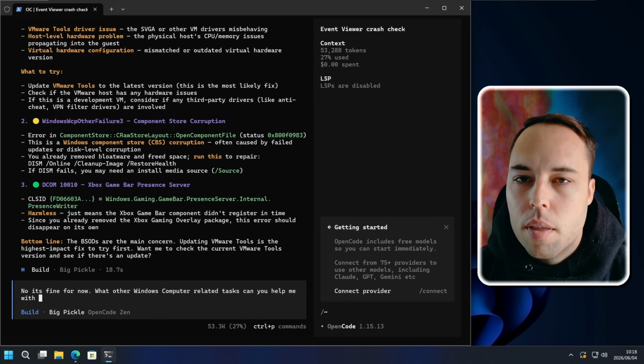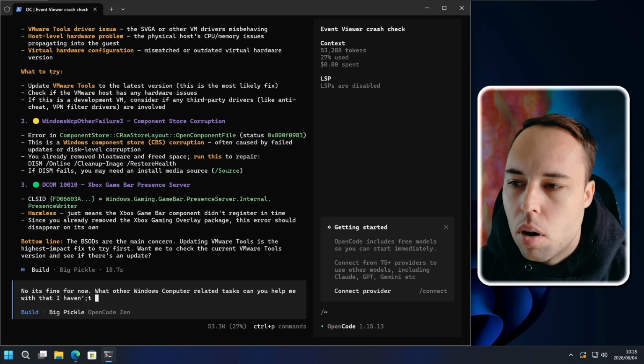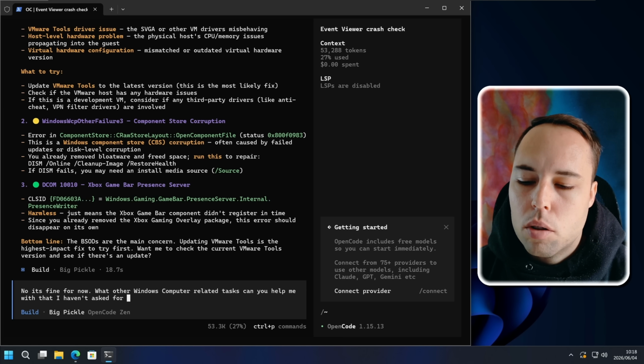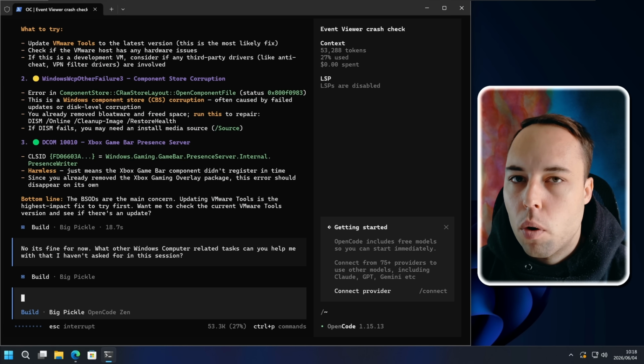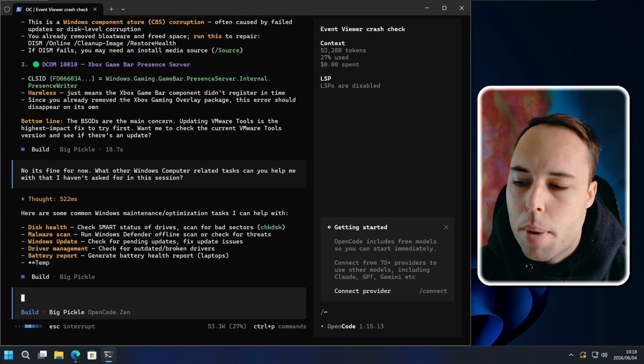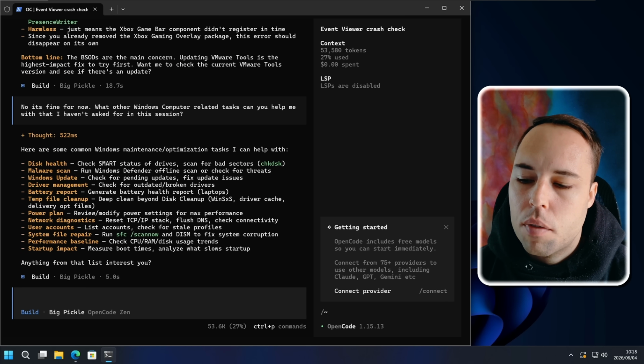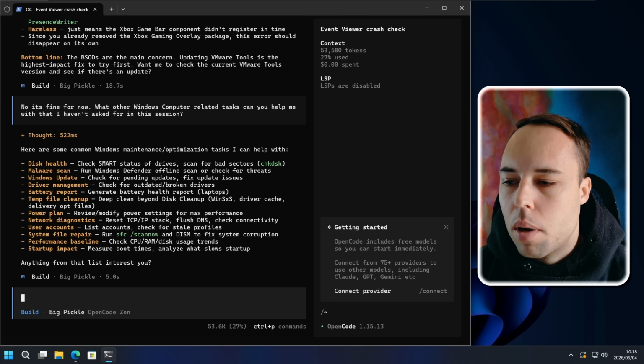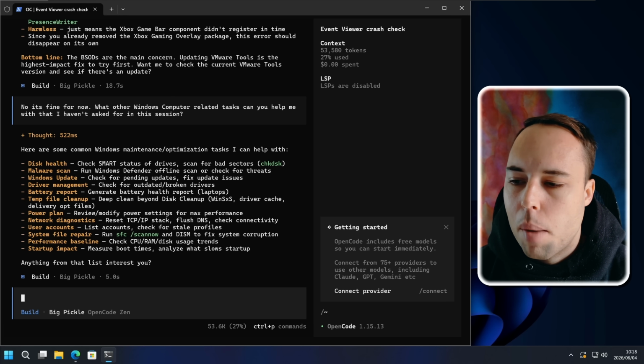Now, moving on with the chat, I didn't want to go any deeper on these errors in the event viewer. So I asked it what other Windows computer related tasks it can help me with that I haven't asked for in this session. And it thought about it and then gave me a list of stuff that it can still do. So it recommends doing things like checking disk health, doing a malware scan, Windows updates, driver management, battery reports,